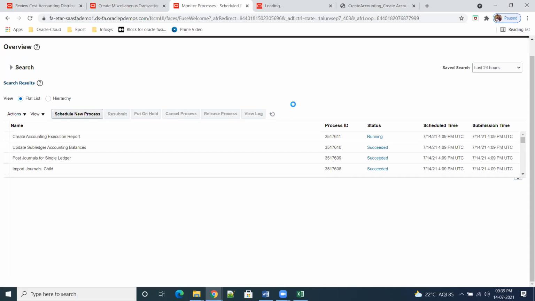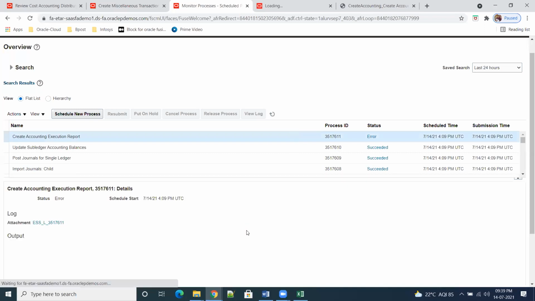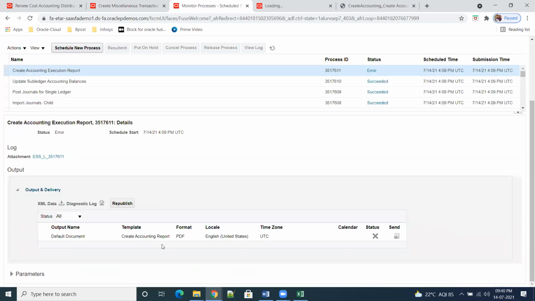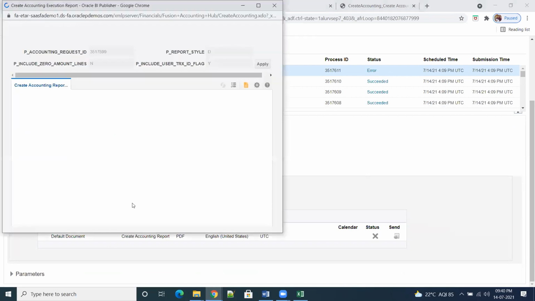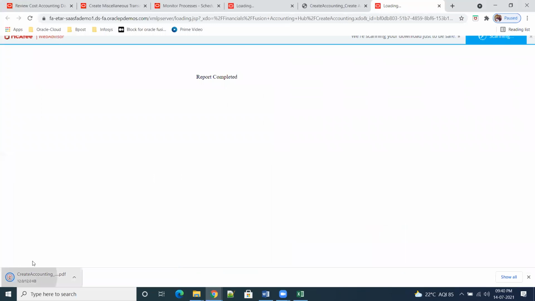So this time I feel there is no error. Schema error again. Okay, so this error we don't know why it is. Default PDF accounting.